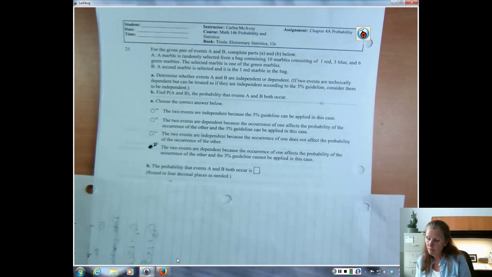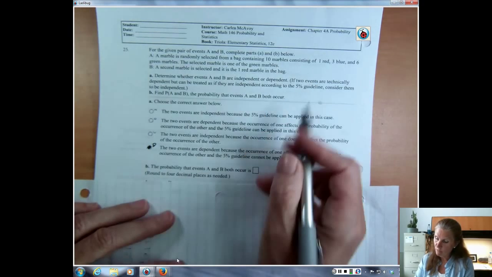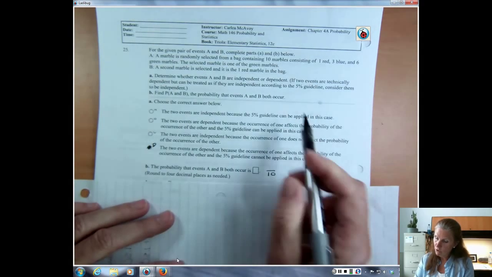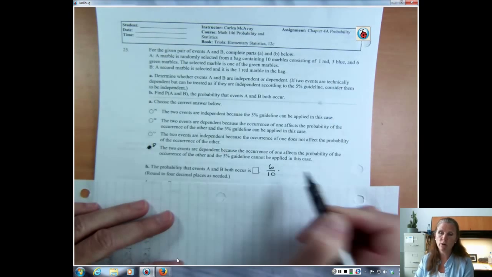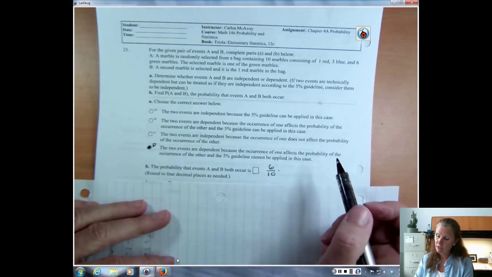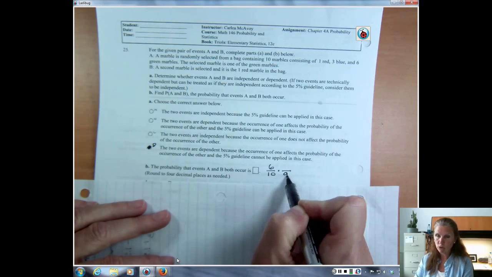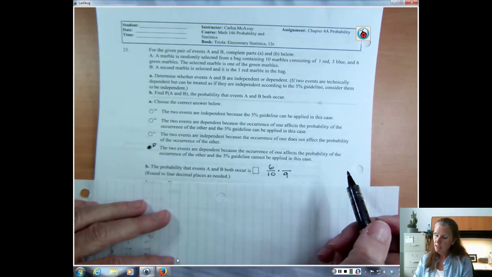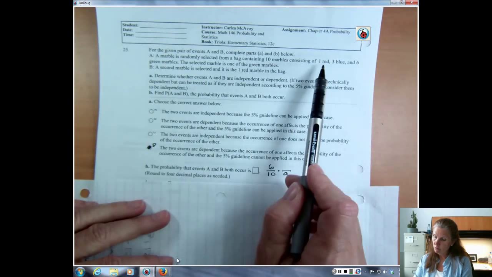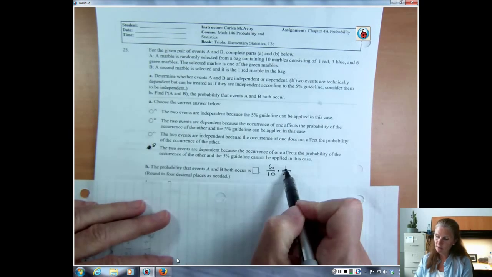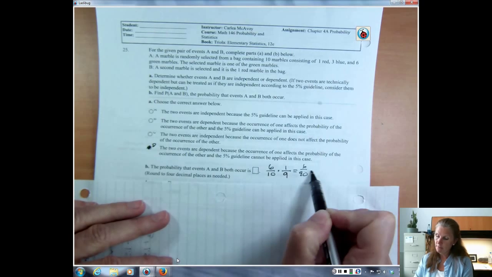The probability that events A and B both occur. Well, when you start off, you have 10 marbles in your bag, and you're going to draw a green one, and there's 6 green ones. So you have a 6 out of 10 chance of drawing a green marble. That's the probability of the first draw. Now, you didn't put that marble back, so there's only 9 marbles in your bag. And you want to draw a red one. 1 red, so you have a 1 out of 9 chance of getting that. So you have 6 over 90, or